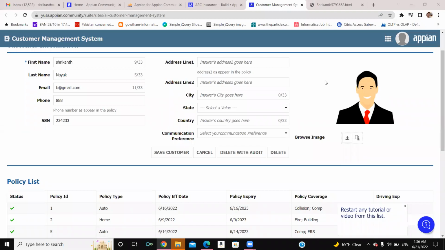Hi there, my name is Shrikant, and today I will go over the claims management system which is developed using Appian. So, this is my member 360 view where you can see all the customer information